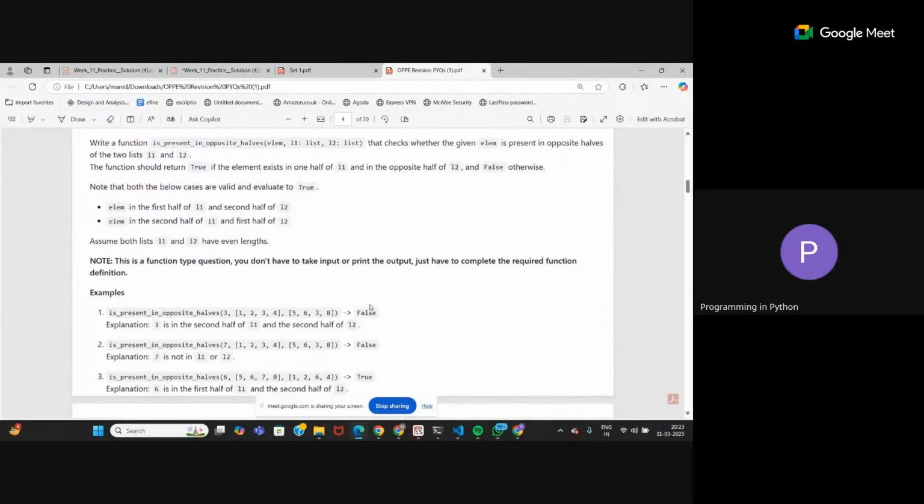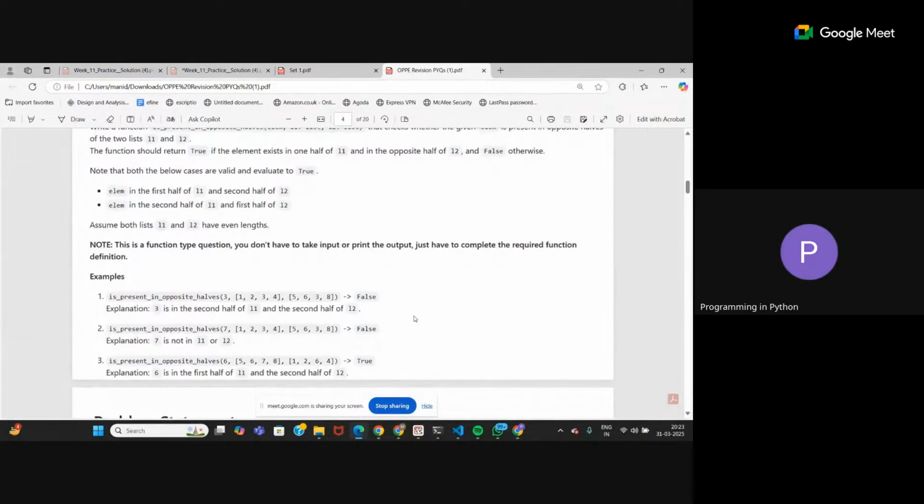First case is if the element is falling in the first half of list 1 and second half of list 2, and the second case is when it falls in the second half of list 1 and first half of list 2. For other cases, if it falls in the same half for both lists, or if it is not present in any of the lists, then you have to return false.